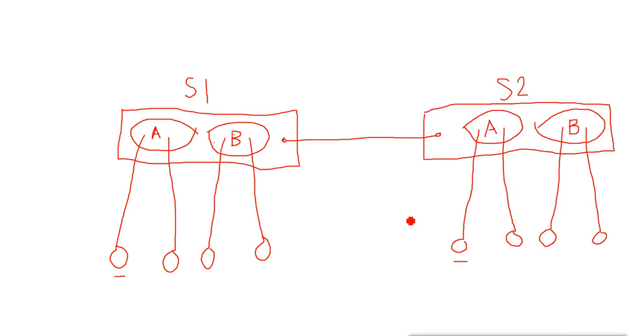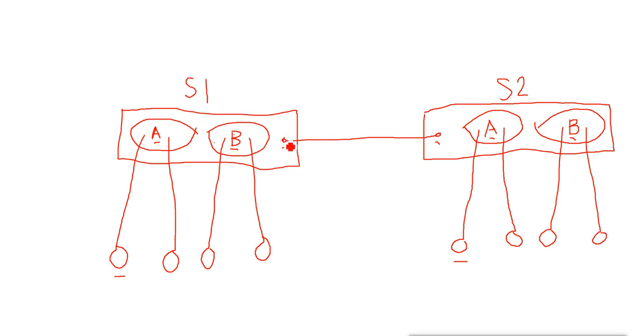Now why? The first reason is this port in this switch, which we connect to this other switch, and the port here in this other switch, they both don't belong to these VLANs. So the first basic thing, they don't belong to any VLAN, not VLAN A, not VLAN B, and the same here, they do not belong to VLAN A or VLAN B. Then what happened? The simple reason is that one VLAN's data cannot go to another VLAN.